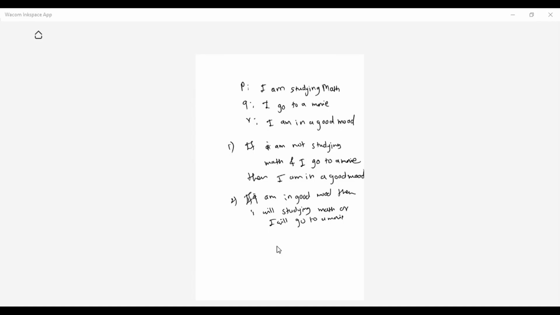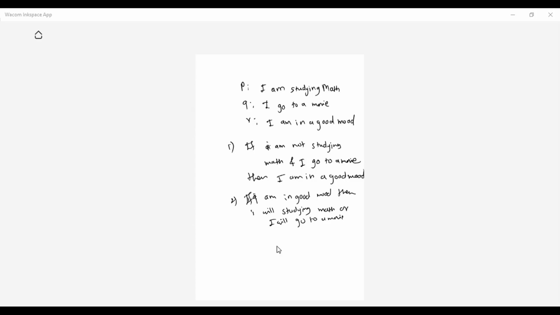Very good. I hope everyone is getting it. Everyone is solving it correctly. Any doubt in this?